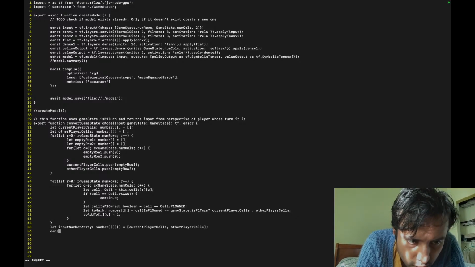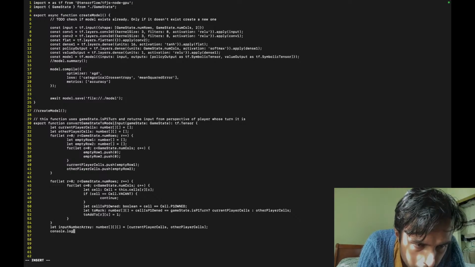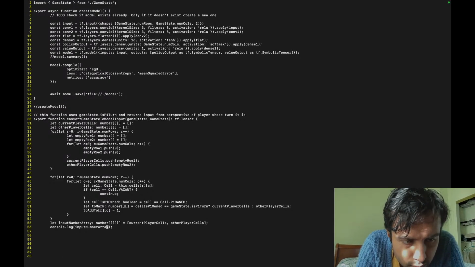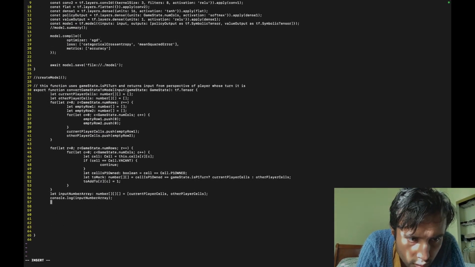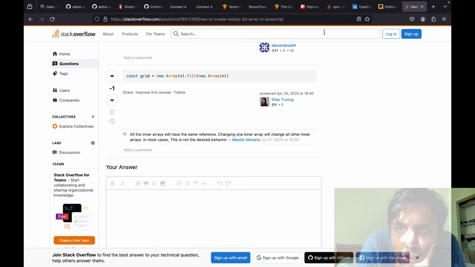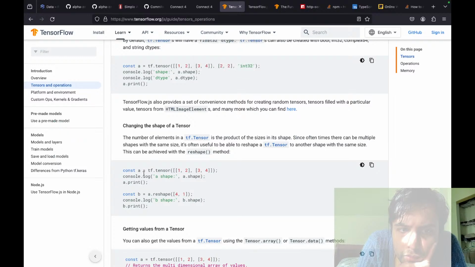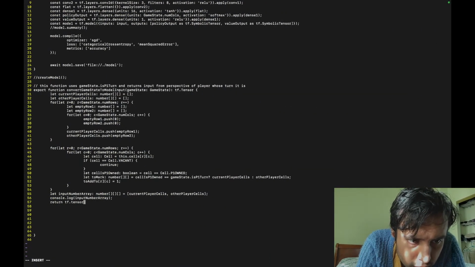For good measure, I'm just going to console.log this. And then return tf dot, what was it called, tensor? tf dot tensor on the input dot number array, right?